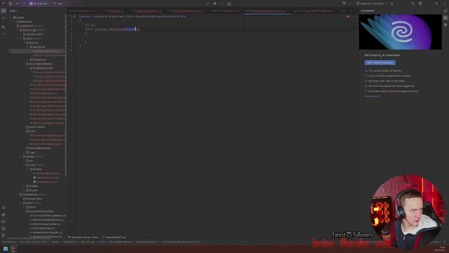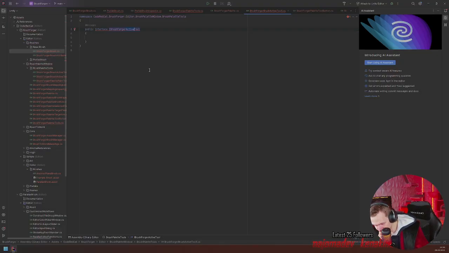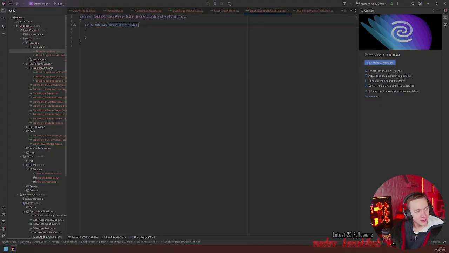Active tool and what's the button that you could just click tool? Other. Click tool. Clicky tool.